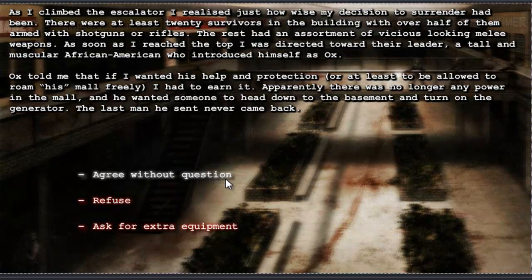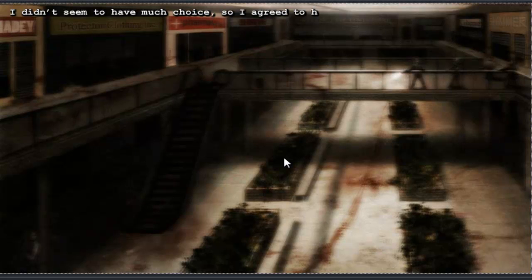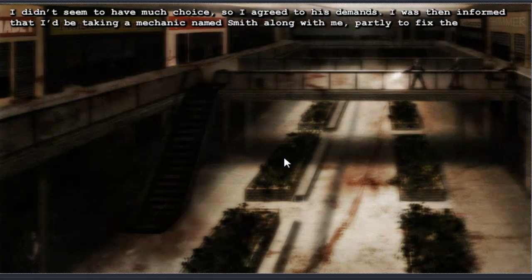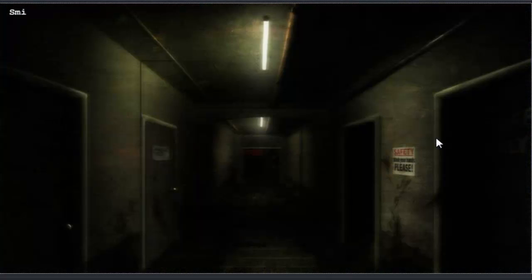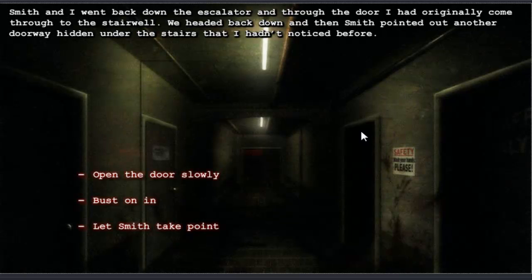Alright, let me try and agree without question. I didn't seem to have much choice, so I agreed to his demands. I was then informed that I'd be taking a mechanic named Smith along with me, partly to fix the generator if it needed it, and partly to make sure I didn't try anything stupid. Smith and I went back down the escalator and through the door I had originally...